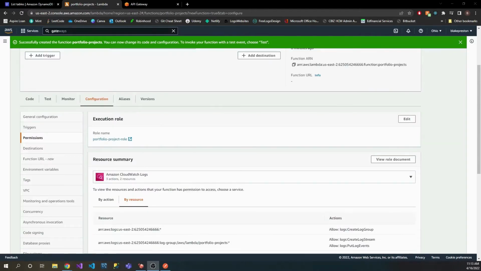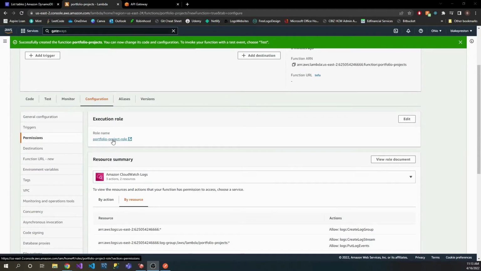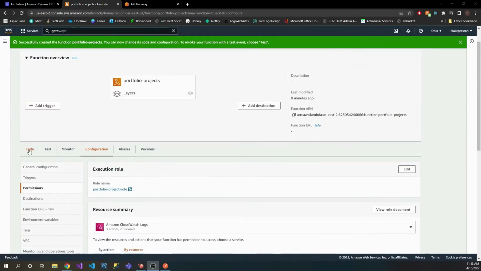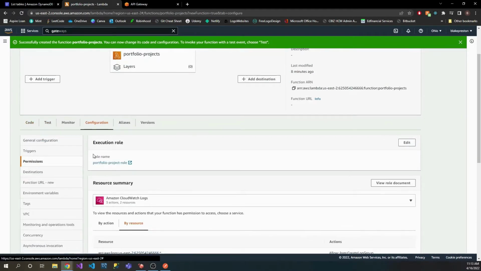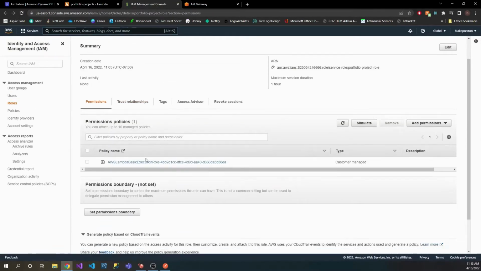So actually, I got a little ahead of myself there. We're going to want to add some permissions to the IAM role that we set up. If you remember, we set up this portfolio project role. So you're in your Lambda function area, the code is over here, right? You're going to go to configuration. You're going to see this role that we set, portfolio project role, go ahead and click that. It's going to take you to this role. It's going to say, hey, these are all the permissions you have. So just basic execution role. We're going to want to add